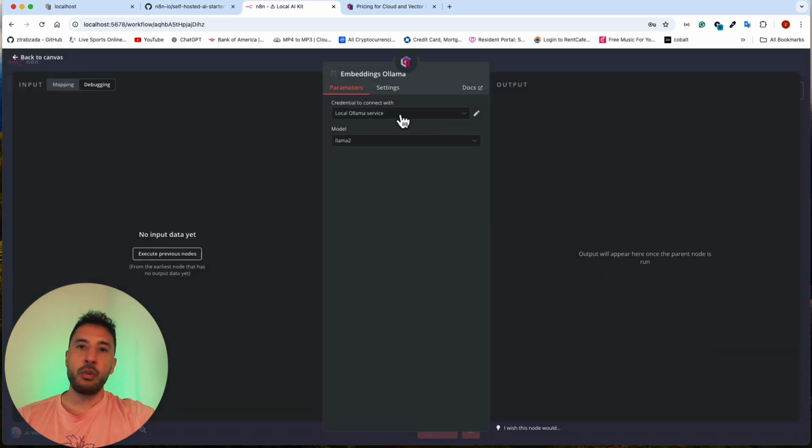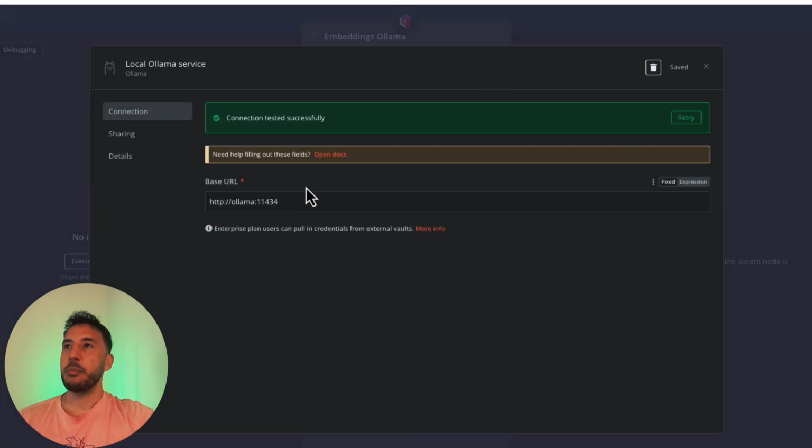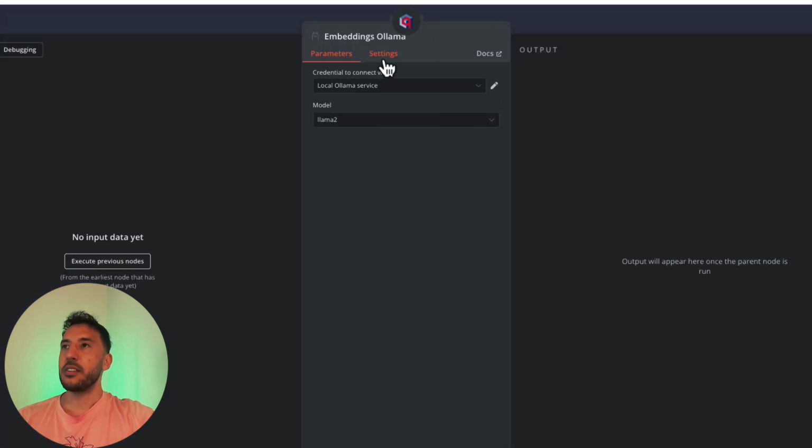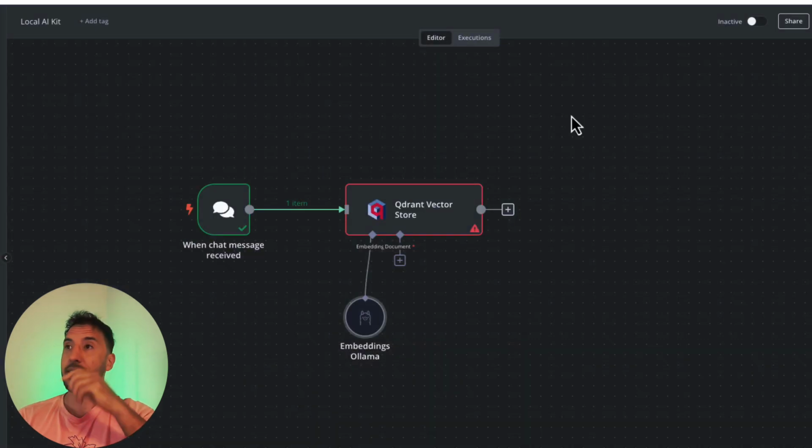Again, your Ollama account will automatically get loaded here because it's all part of the same container, so it's going to pre-populate everything for you. That's the great thing about this. When you're using this AI starter kit through your CPU, you don't have to worry about adding or connecting new credentials. For the model, I've already uploaded embedding models in this account of mine, but I'm going to show you exactly how to add a new embedding model from the Ollama platform, because obviously you cannot use a chat model here. This has to be an embeddings model, right? So we need to go ahead and add a new embedding.